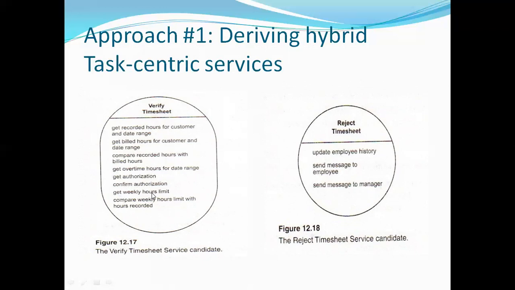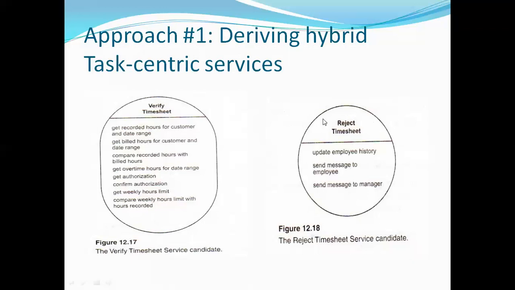So get the weekly hours limit. In a particular week, a fixed number of hours are assigned to every employee. If that limit is not reached, then only that timesheet is accepted. So compare the weekly hours limit with the hours recorded, and then the timesheet acceptance decision is taken by the clerk.